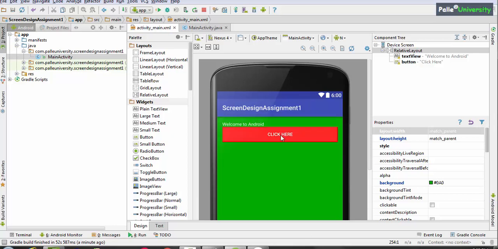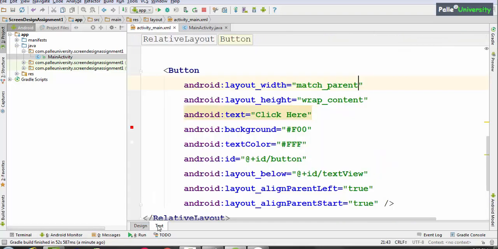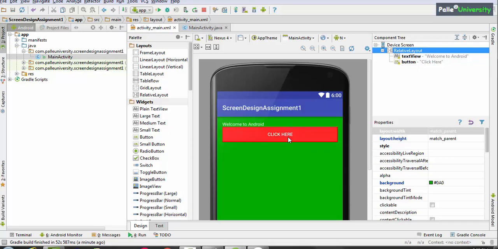We know that if I want to do any changes for this view, we have to go to text perspective. There are some more approaches without going to text perspective. Let me open design perspective. You can change view properties directly in the design perspective also. For example, let us say I want to modify the text of this button.